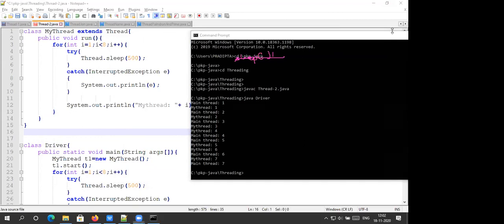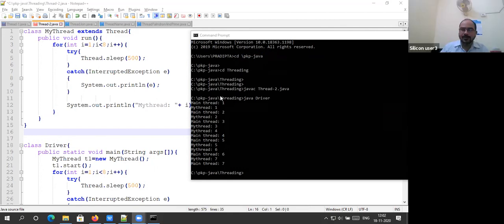Let me erase this one. This is one of the scenarios. Look, these two display 3 and 4. Main thread 3, main thread 3, main thread 4.